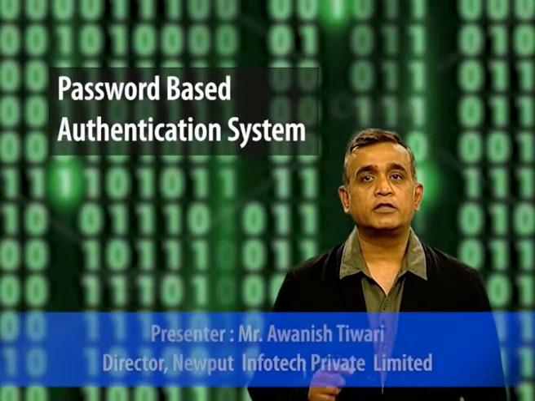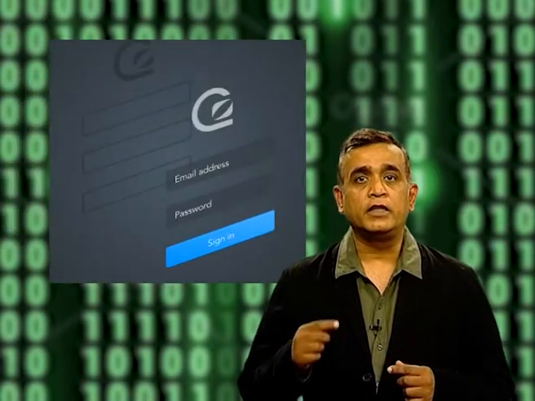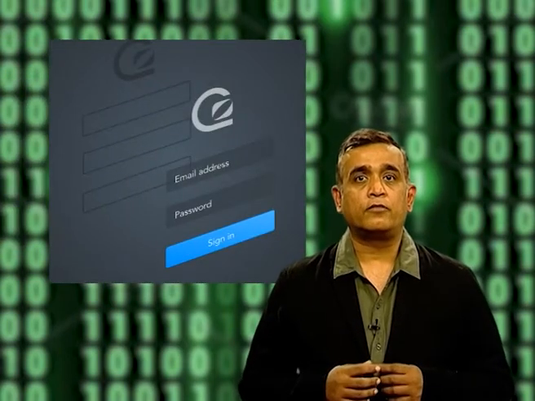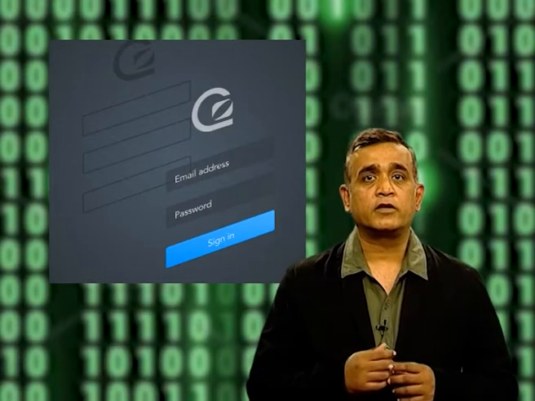Password based authentication system is very important in many applications. Usually we start our digital activity by logging into either a laptop or a mobile phone for accessing a social networking site or to check our email. In most of the applications that we use, we just give our user ID and password, and in the next step we start accessing system services or system resources. So it is important to see some security aspect in this classical password based authentication system.